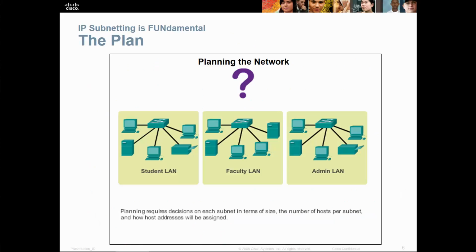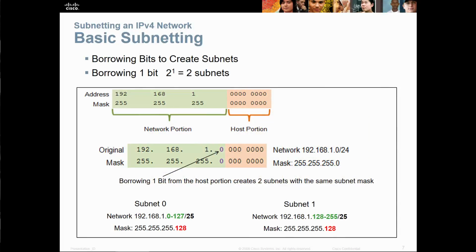So how do we make plans for our network? I work at a college. So a college may be 3 separate VLANs, one for the students, one for faculty, one for the administration. So how exactly do we do this? So we can borrow bits to create subnets. So if we're looking at an address space of